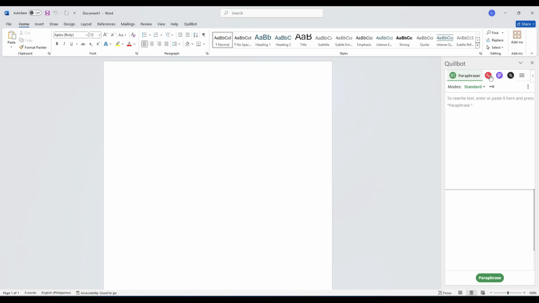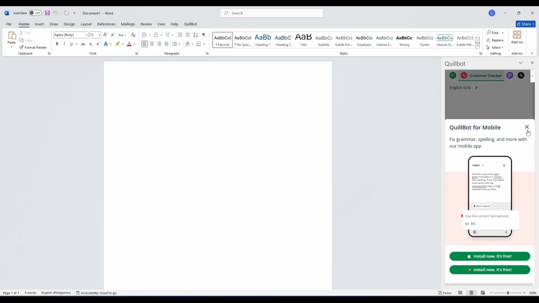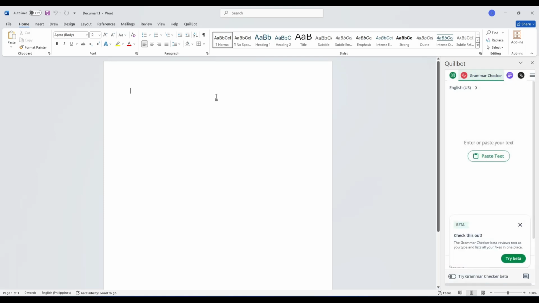So let's say I'm going to use grammar checker. Then let's type in anything here that's obviously has a wrong grammar. So let's say I want to eat an apple. Now if you want to use the grammar checker, just highlight this,